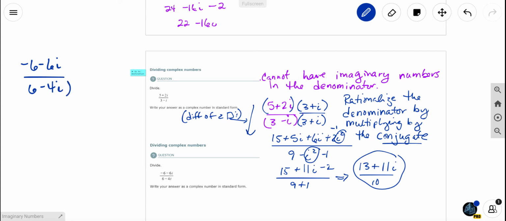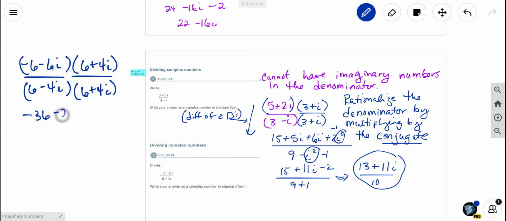Okay, so we're going to multiply to rationalize the denominator by 6 plus 4i. Whatever we multiply the denominator by, we must multiply the numerator by as well. Okay, there we go. Now we're going to FOIL. We get negative 36 minus 24i minus 36i minus 24i squared, all over